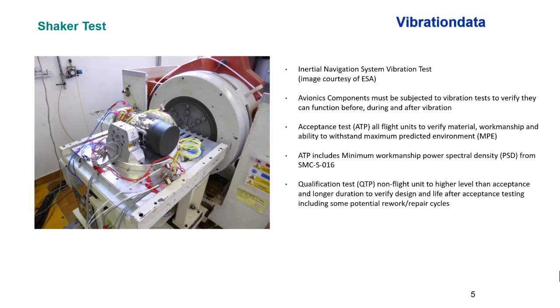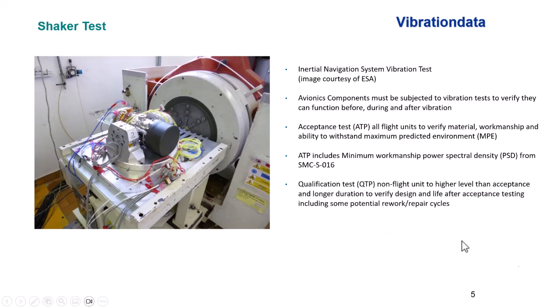So we have a couple different types of vibration tests, and these are derived from the MPE, the maximum predicted environment. And the first we're going to call an ATP, or acceptance test. And ATP stands for acceptance test plan or acceptance test procedure. So we're going to do this for 100% of flight avionics components. And if we want to know, well, what constitutes an avionics component, and what about moving mechanical assemblies and pressure vessels and battery boxes and so on, we can go to